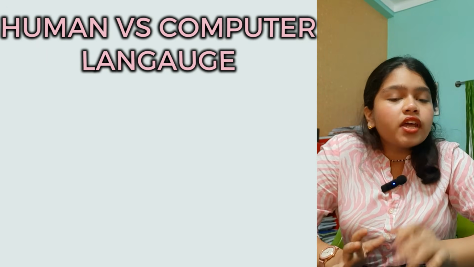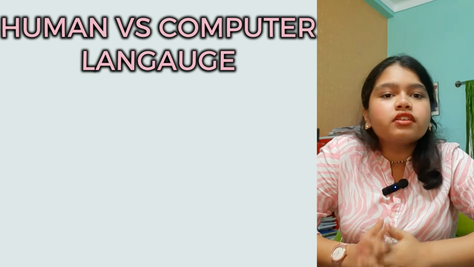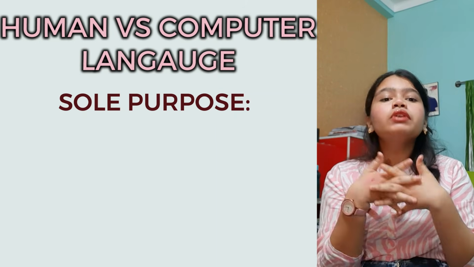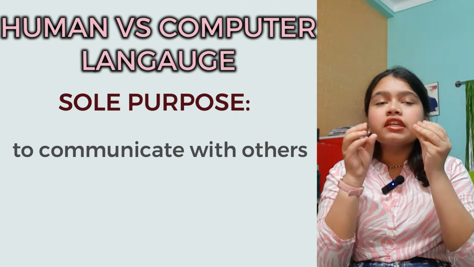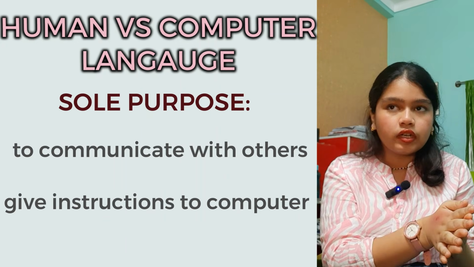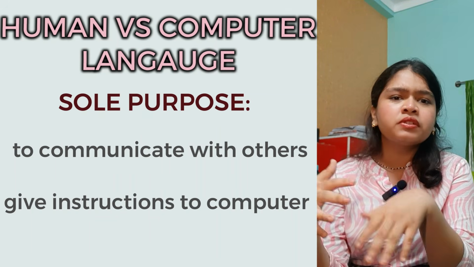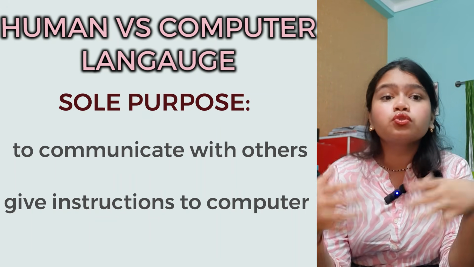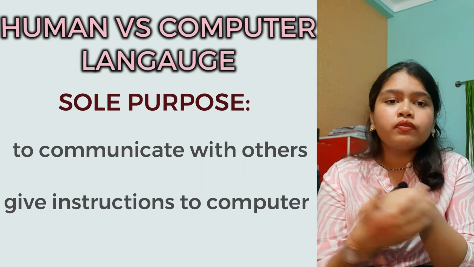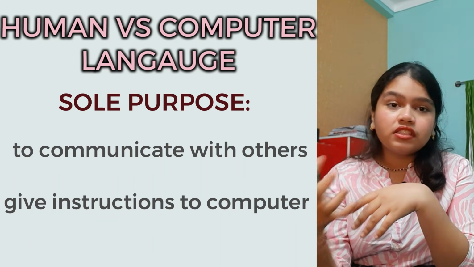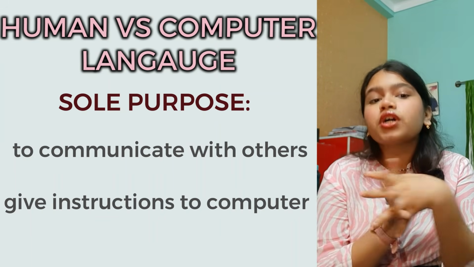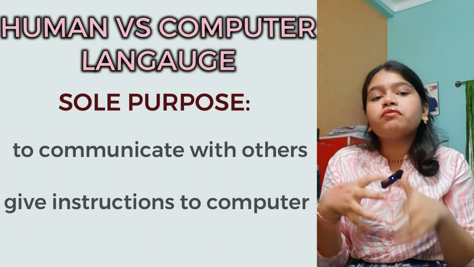Now, let us understand the difference between human languages and computer languages. So, in human languages, the sole purpose is to communicate with people, right? But in computer language, the sole purpose is to give instructions to the computer. In human language, you have examples like Mandarin, Chinese. Obviously, it is used to communicate with people. And in computer language, we have Java, Python, C, C#, C++, all of that. They are used to give instructions to the computer